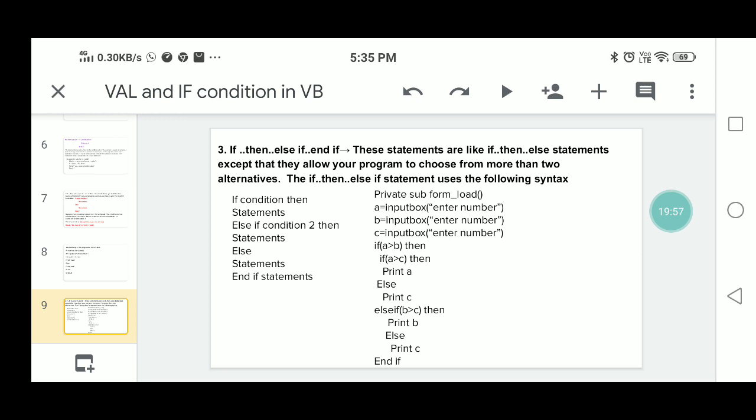Sometimes you can take multiple else if statements. Multiple if conditions can be used to improve the program. This is the example here, which I already explained. I will complete the IIf function and also the if conditional statement, that is the decision making statement. Thank you, students.